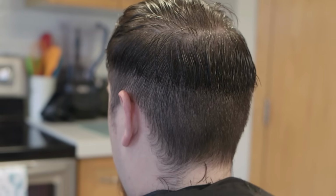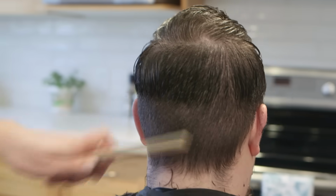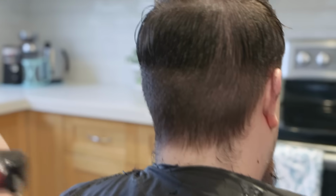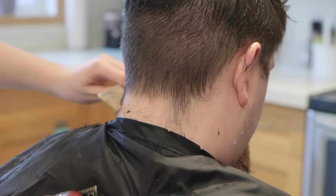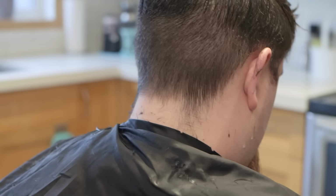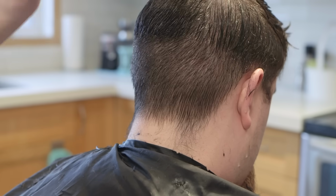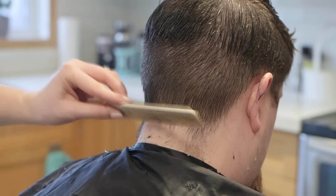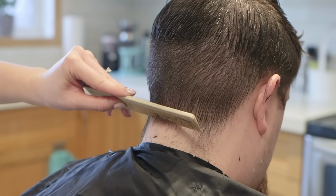And then next I just took the guard off of my clipper. Next I'm just going to do the perimeter of the hair. So have your client look down. So what we're going to want to do is just clean up the back here. So how I like to start, again I'll wet it. I take my comb and I go to where the end of his hairline is here,